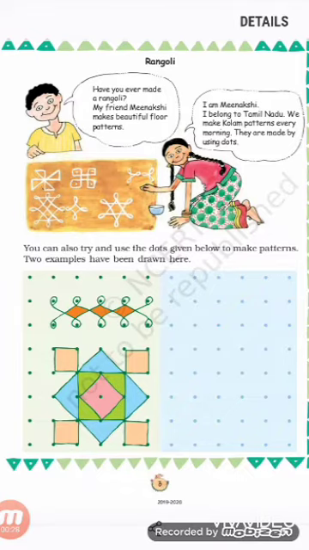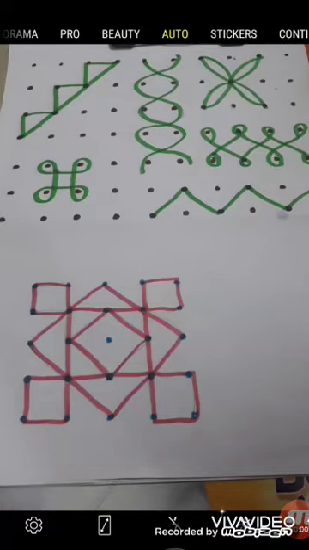Okay. See, I will show you how to draw the rangoli. I made some beautiful patterns, and by seeing this you can make it on your own also. See, take one plain page, draw the dots like this, and then by joining the dots you can make these beautiful patterns by using slanting lines, zigzag lines, curved lines. Okay, by making squares. Okay, children.